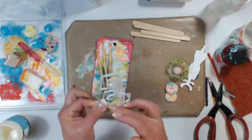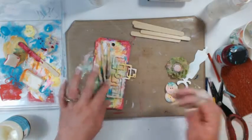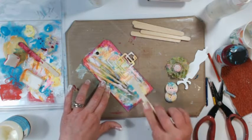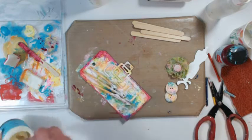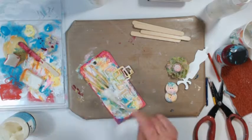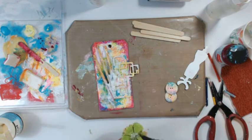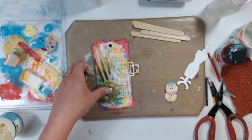So here I come back with my popsicle sticks and my matte medium. I often reuse containers, so the container you see on my desk may not necessarily be what is in the container, but that is matte medium that I have there, or soft matte gel. What I do is I refill containers constantly. I buy bigger containers and then refill smaller containers. I have a bad habit of not closing containers on my desk, so